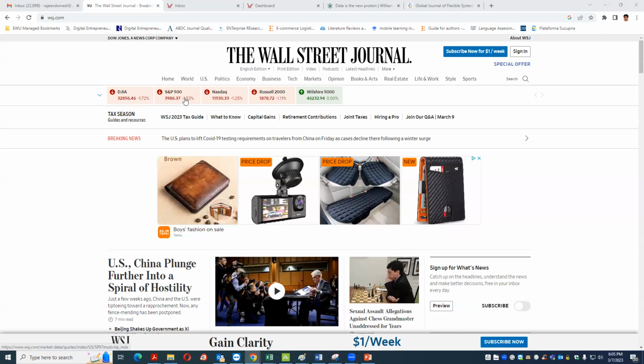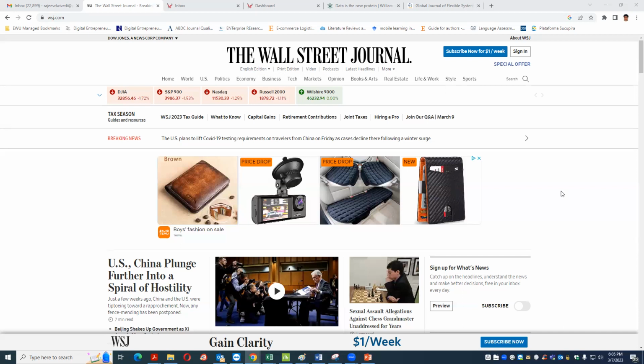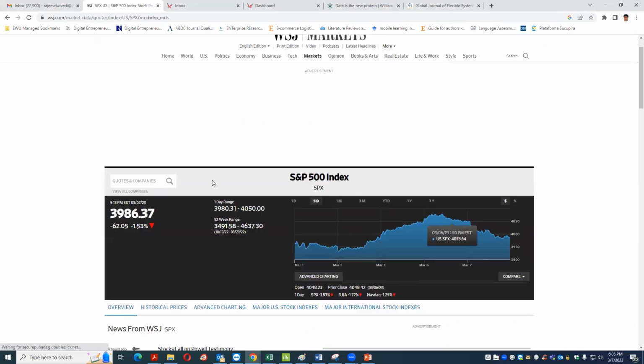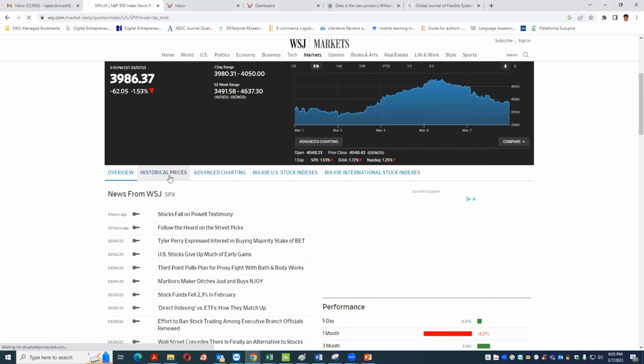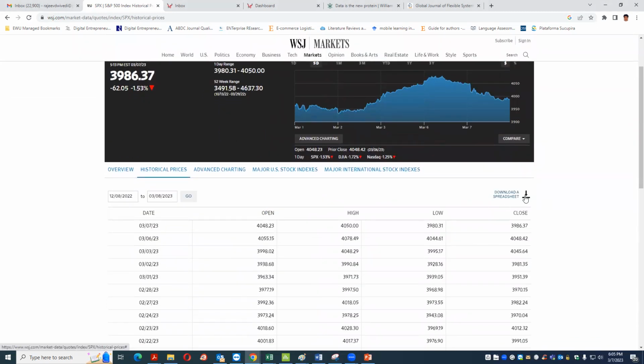So you can get the data for your discussion from the Wall Street Journal, even Yahoo Finance, Google Finance, and they also provide the data. Let me go here, Standard and Poor, and right here, if you can see this, historical. When you put the historical out, you can see the download spreadsheet, and you can select the range that you need. Let's say I just wanted to do from, can I put like 2000?